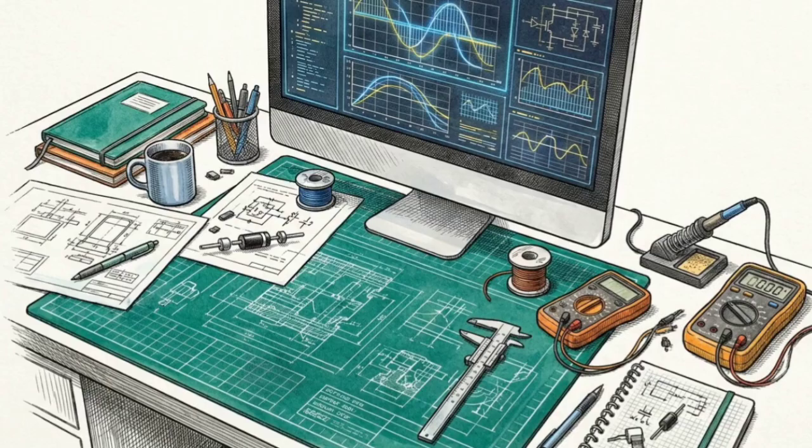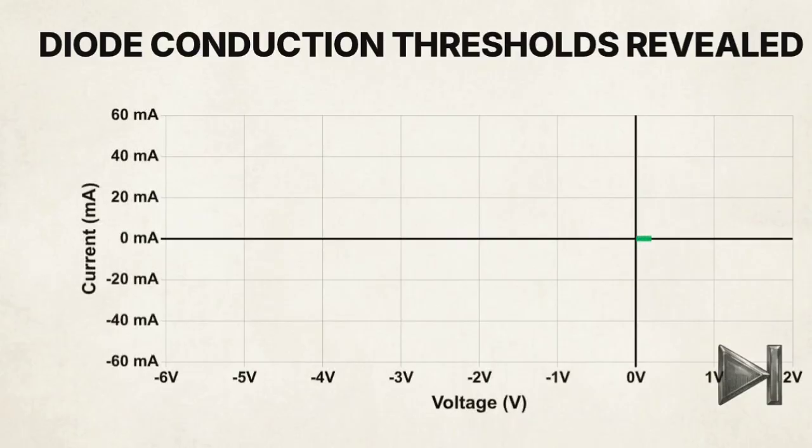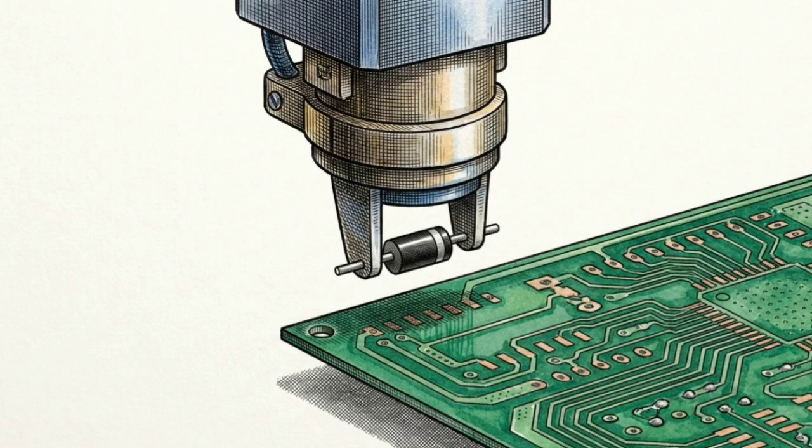Engineers do not visualize atomic lattices daily to build circuits. They rely on data visualizations to predict how a component will react under pressure. This IV graph plots a diode's characteristics. Forward voltage remains flat until breaching the 0.7-volt barrier, where it spikes upward into massive current. In reverse bias, it holds zero current until hitting the breakdown limit, destroying the crystal. This single curve mathematically validates the physics we just built, and it serves as the ultimate reference for sizing diodes